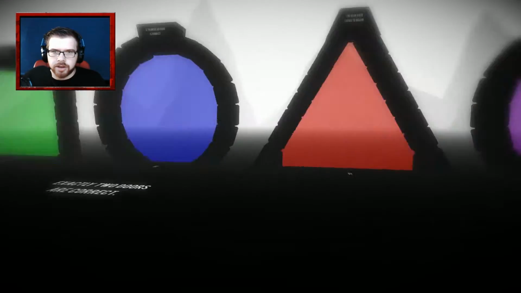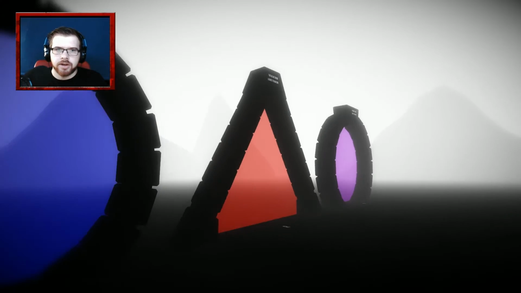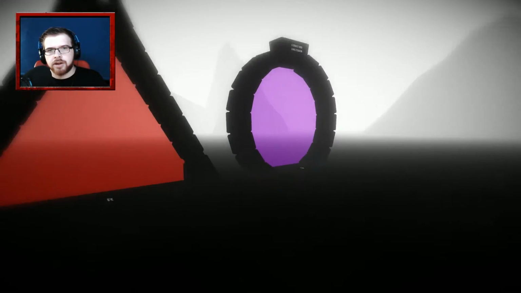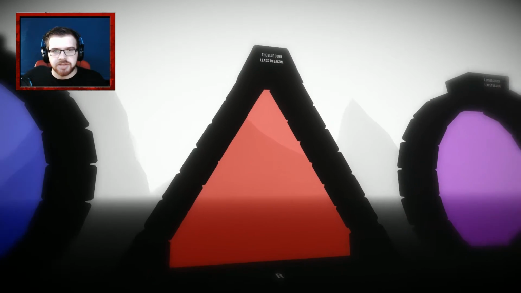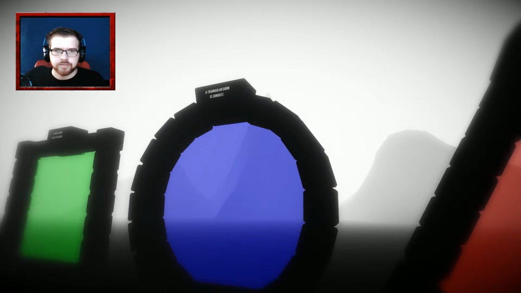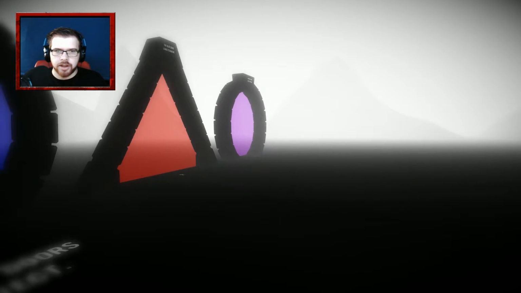Incorrect. So all incorrect. This door leads to bacon. Correct. Correct. Correct. Incorrect. Incorrect. Wrong. This door leads to bacon. Incorrect. Incorrect. Incorrect. Incorrect. Incorrect. The end